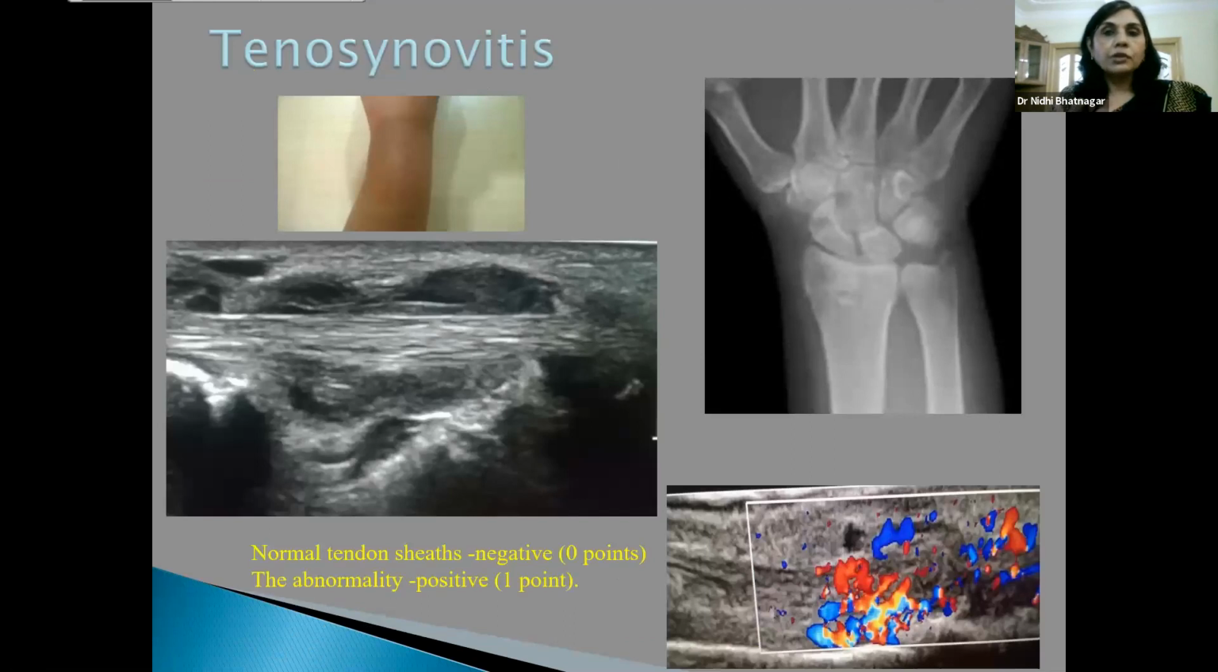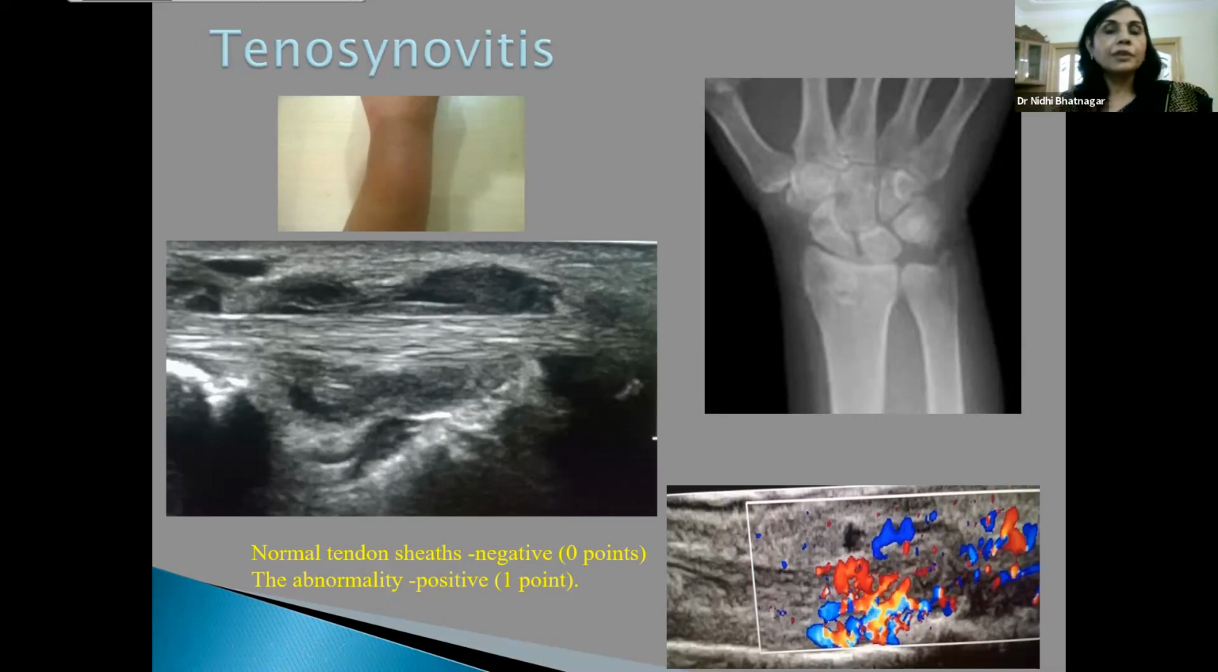Moving on to yet another sono sign which reflects rheumatoid arthritis, we have tenosynovitis, whether of the extensor tendons or of the flexor tendons. And this is also graded qualitatively, that means present or absent. So if it's present, it is score 1, and if it's absent, then of course it's grade 0. This was just one of the cases where there was swelling all around the